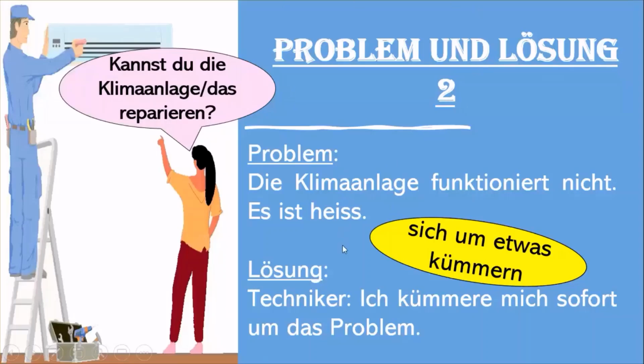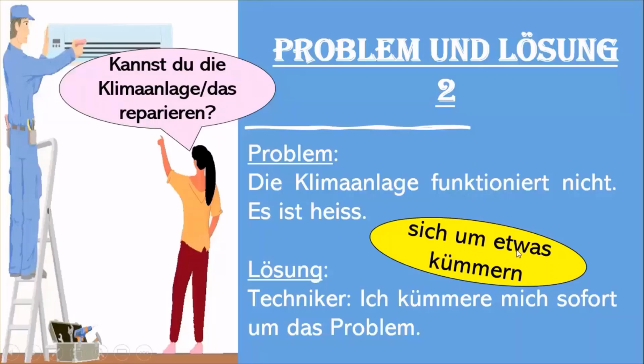To which the technician can say or suggest a solution, and this solution is making use of another new verb, a reflexive verb. Now you have not covered with me any reflexive verbs in the previous tutorials, so this is a new category of German verbs. But at this basic level, I will not be showing you many of such verbs. These verbs are called reflexive because they don't come on their own. They usually come with another word, which is sich. Sich here does not have any specific meaning, only it comes as an additional word with the main verb,